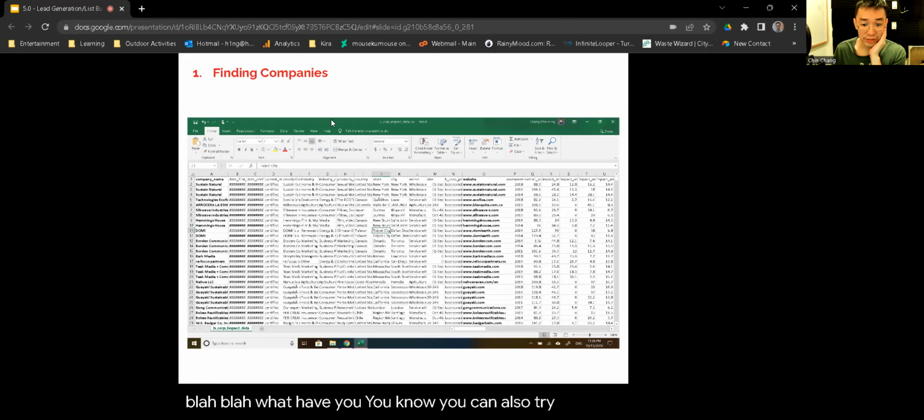You can also try doing something like this. When I was trying to look for companies that were social ventures, because we ran a program when I was at the incubator that would train social ventures on how to raise capital from social investors, what I did is I basically just searched bcorp.csv on Google. And you'll be surprised. There are a lot of unprotected files out there that you can easily get access to. So you pull a list. There are maybe existing databases. Obviously, you have to be careful because some of these databases may be outdated.